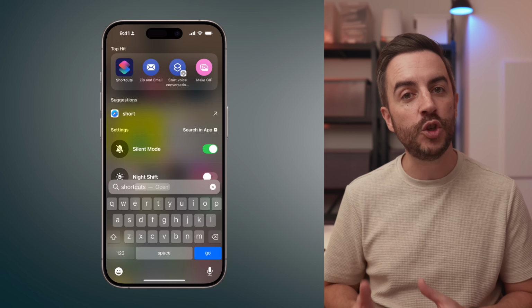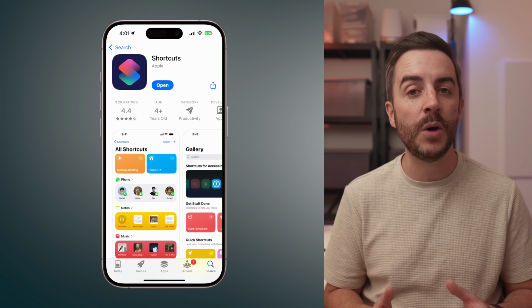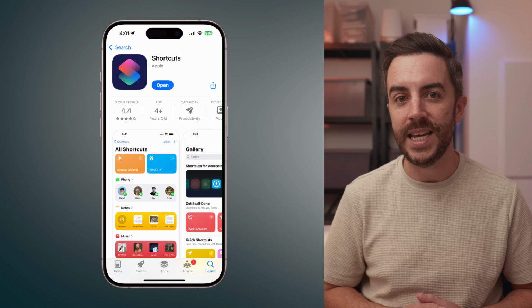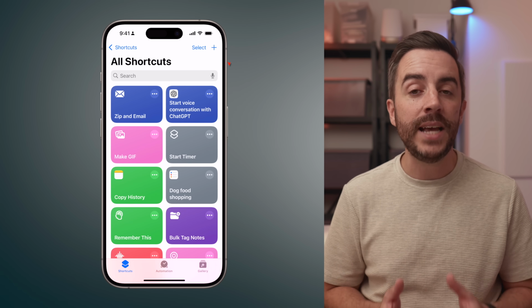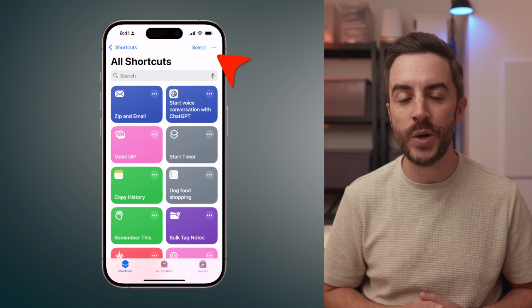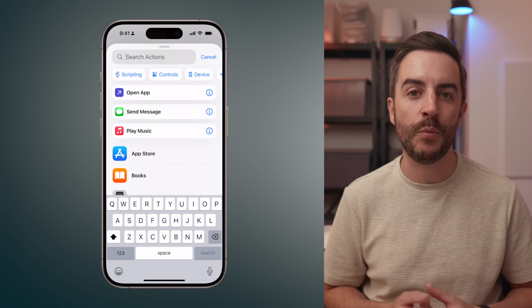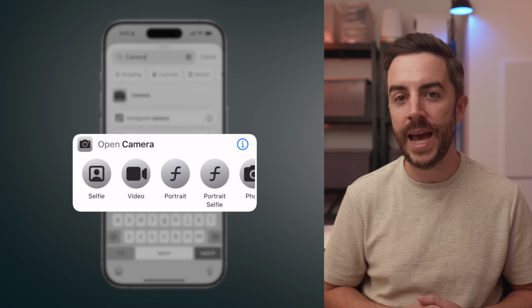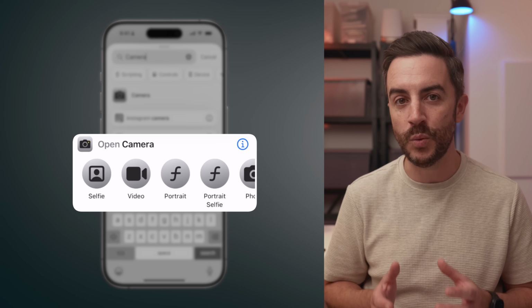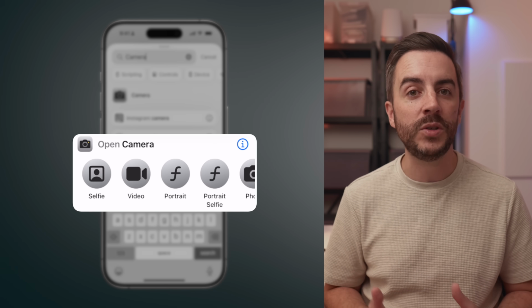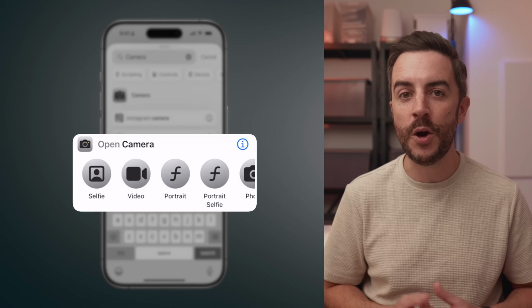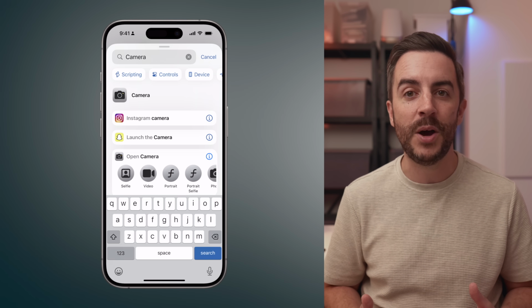To do this, open the Shortcuts app on your iPhone. If you don't have the Shortcuts app installed, head to the App Store and download it. Next, tap the plus button in the top right corner to create a new shortcut. In the Search Actions field, type in Camera. You'll see an option called Open Camera that lets you choose which mode the camera will open in. For this example, we'll select Selfie, but you could also choose Video mode, Portrait mode, Cinematic mode, whatever you like